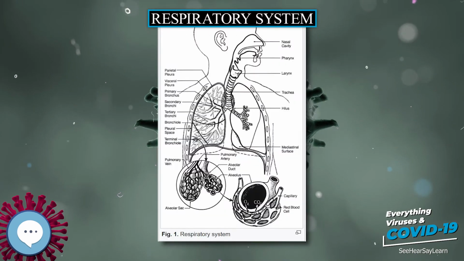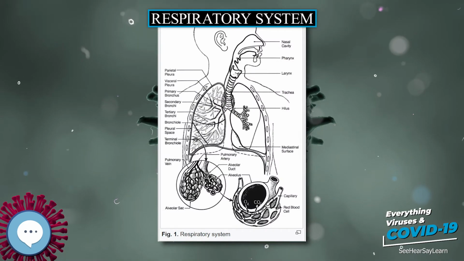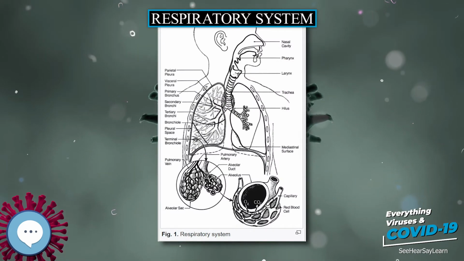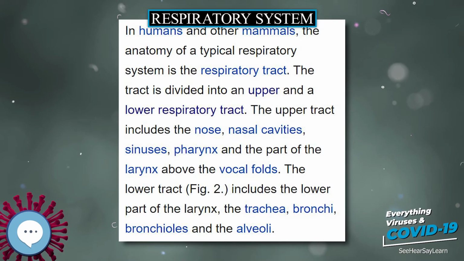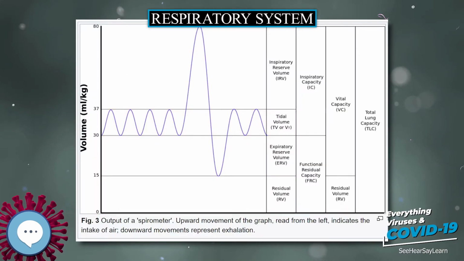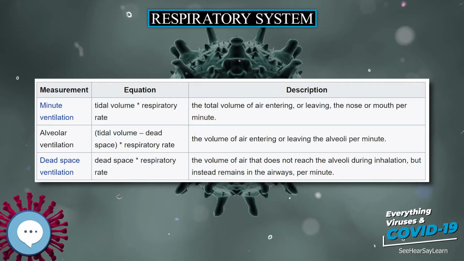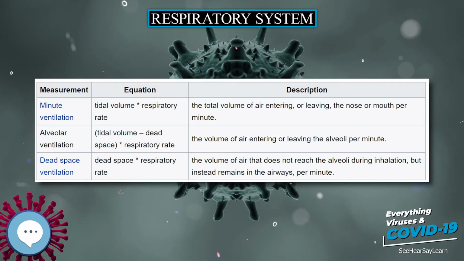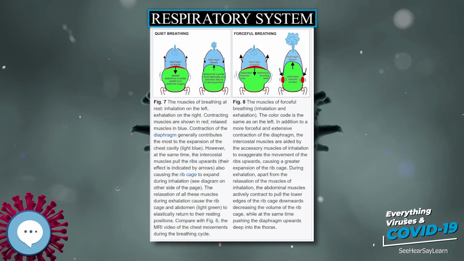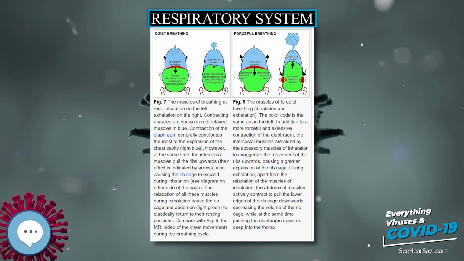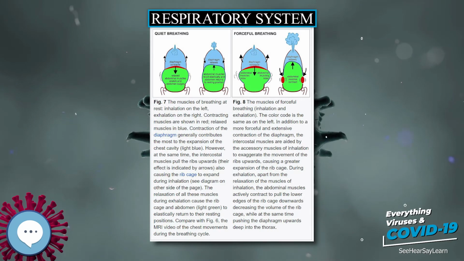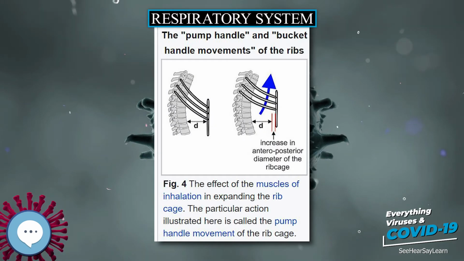Resting exhalation lasts about twice as long as inhalation because the diaphragm relaxes passively more gently than it contracts actively during inhalation. The volume of air that moves in or out, at the nose or mouth, during a single breathing cycle is called the tidal volume. In a resting adult human it is about 500 milliliters per breath. At the end of exhalation, the airways contain about 150 milliliters of alveolar air, which is the first air that is breathed back into the alveoli during inhalation.